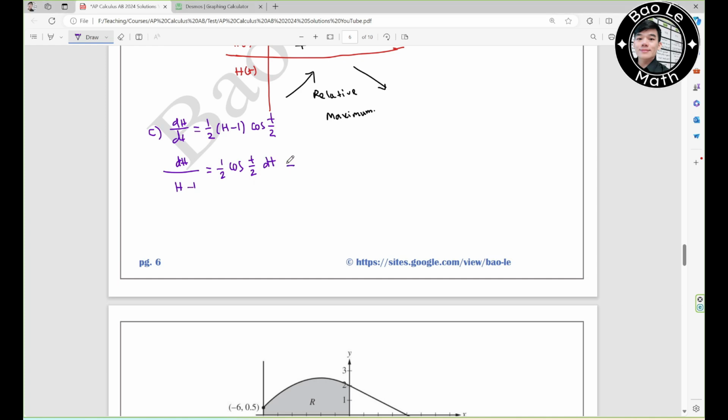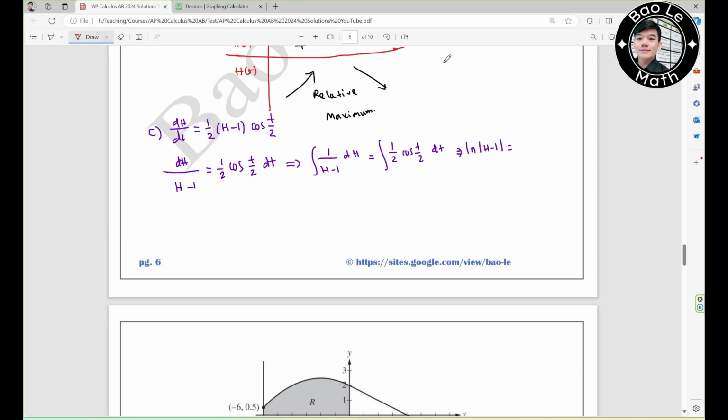Alright, now we're going to integrate both sides. 1 over h minus 1 dh equals 1/2 cosine t over 2 dt. Now integrating this one is going to be natural log of absolute value of h minus 1 equals,